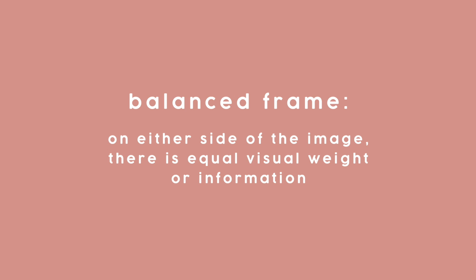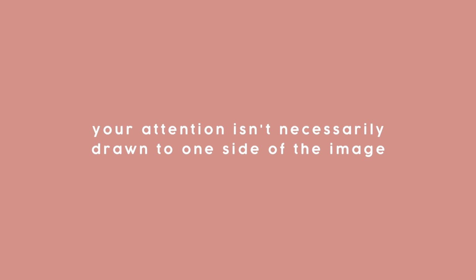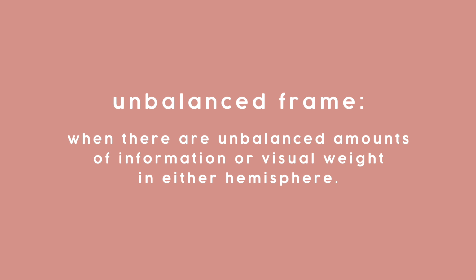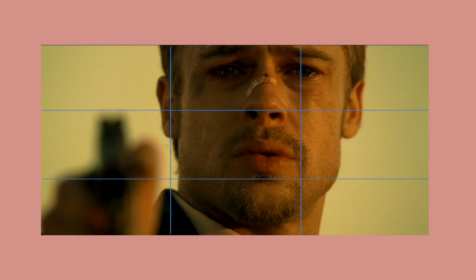A balanced frame is when on either side of the image there is equal visual weight or information. Your attention isn't necessarily drawn to one side of the image. On the other hand, an unbalanced image is when there are unbalanced amounts of information or visual weight in either hemisphere of the image. To show this visually to you, we have a close-up image on screen where the subject